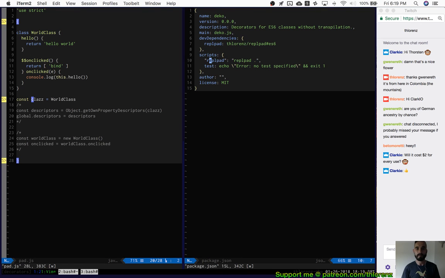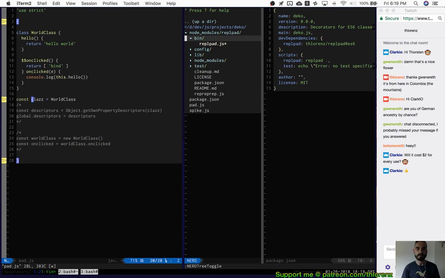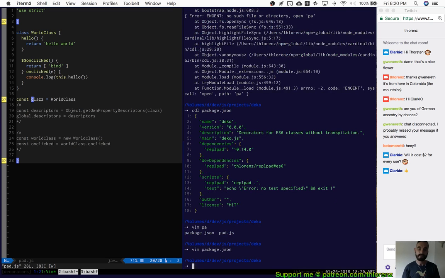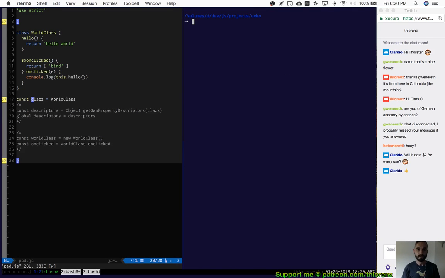Then I added a script to just run REPL-pad. Why do I have that? Because REPL-pad is inside the bin directory, and I don't want to write node_modules all the time. npm does this magically for us. It will prepend this path for us, so we can just run it like this. The dot that I have there tells REPL-pad to please watch the current folder. So if I run REPL-pad,